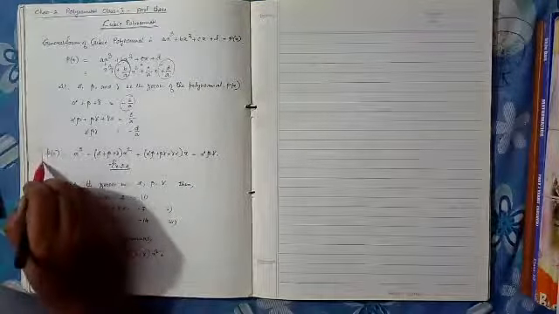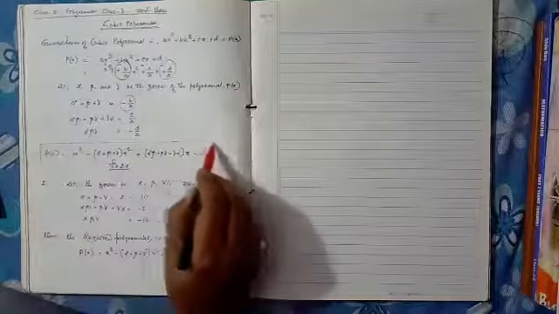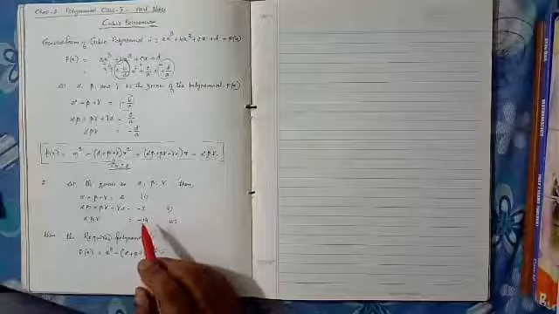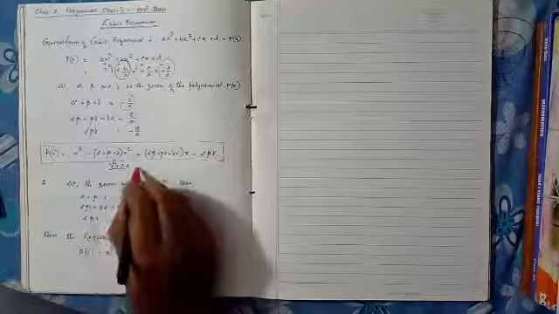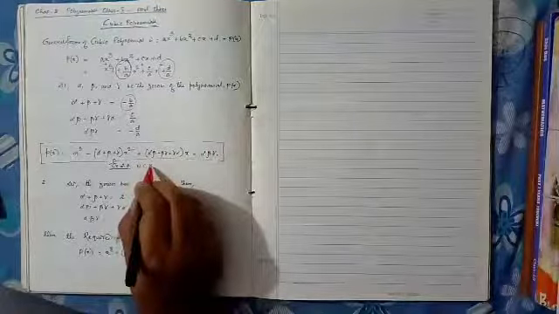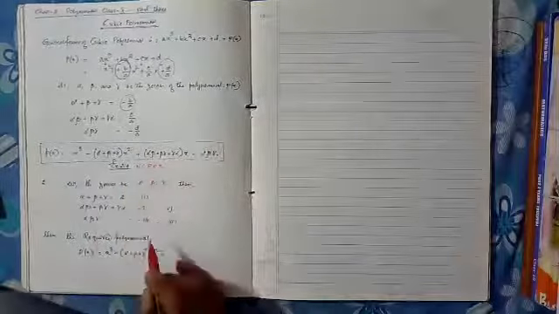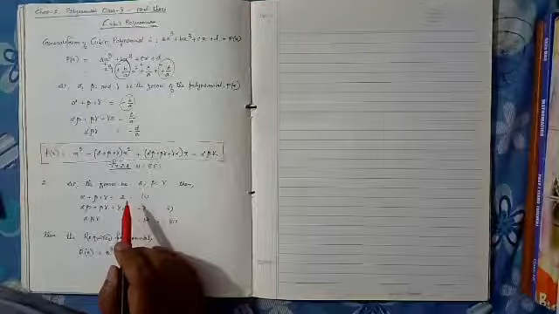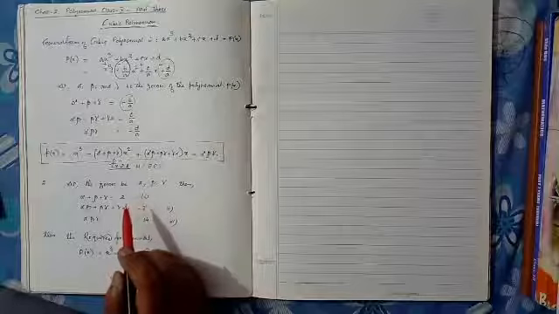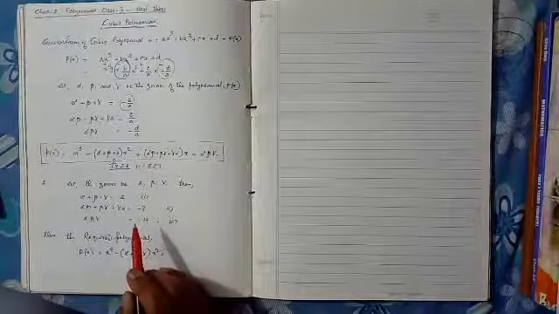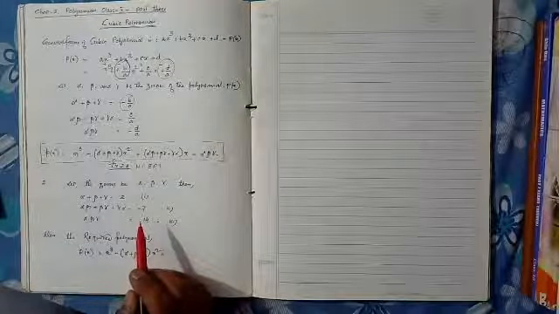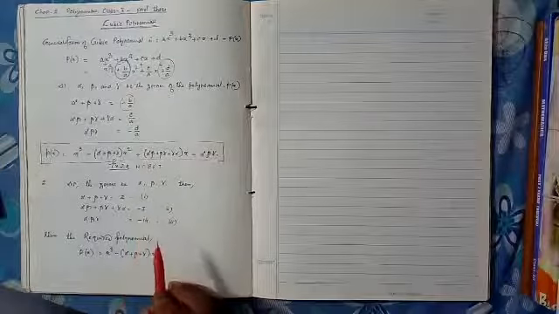Now we can use this structure, this formula, to solve for the cubic polynomial. For example, exercise 2.4 NCERT, exercise 2.4 sum number 2. Find a cubic polynomial with the sum of its zeros, the sum of the product of the zeros taking two at a time, and the product of its zeros as 2, minus 7 and minus 14 respectively.